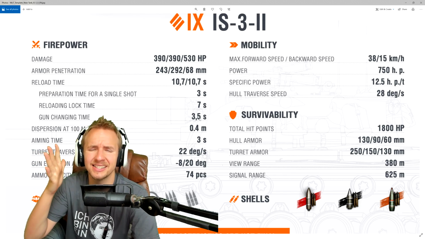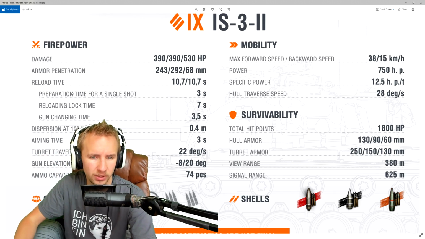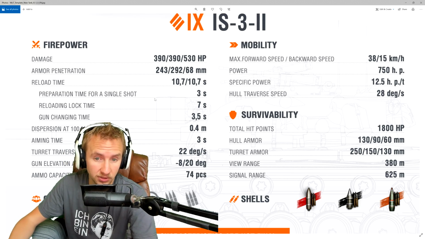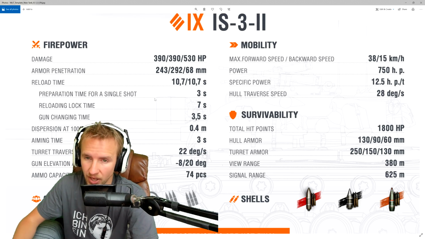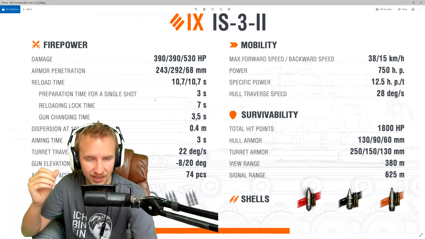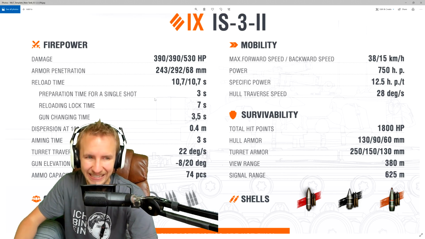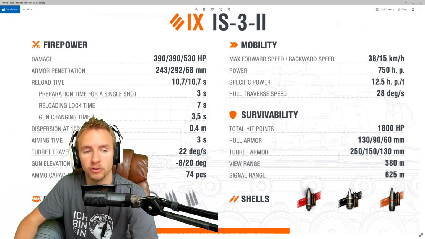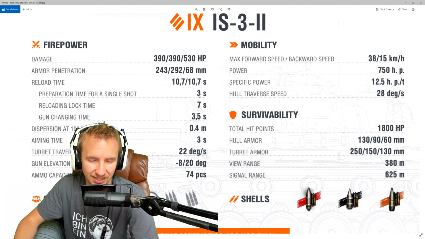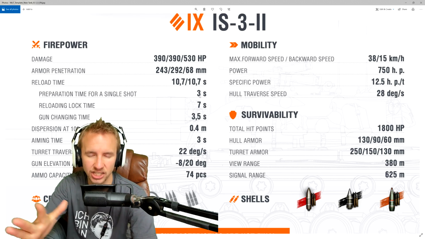But by far the most exciting option with the double-barreled tanks is to be able to fire what Wargaming are calling a single shot. It's a bit confusing. I'm going to be calling it a double shot, as these are double-barreled tanks. To be able to do that, you have to charge up both barrels and then you get to fire. This is the kind of balancing mechanic, and we can see that the preparation time for a single shot or a double shot, whatever you want to be calling it, will be 3 seconds in this tank. So you literally have to hold down your mouse button for 3 seconds